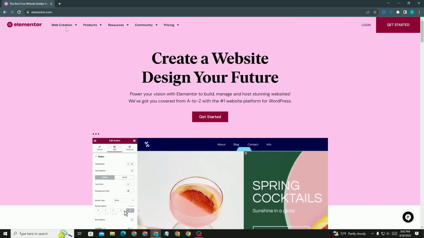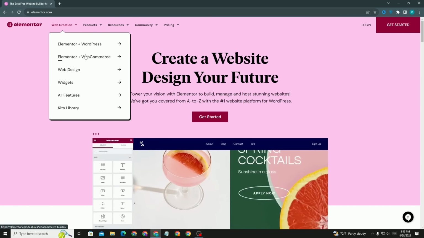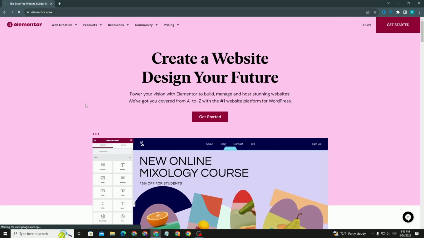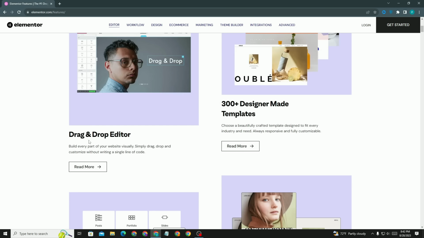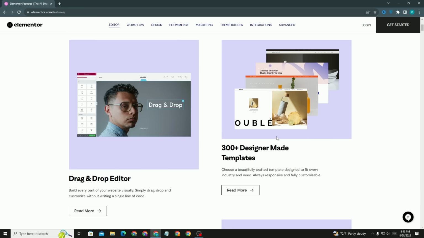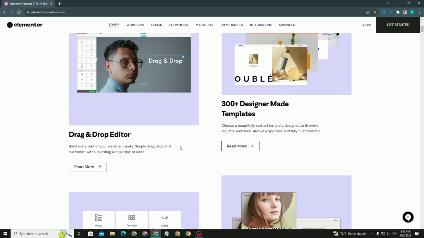For web creation, let me select one, for example all features, and we are going to see them. So here are the features. If you want a drag and drop editor, there are 300 plus designer-made templates. So here are the ready-made templates provided in Elementor.